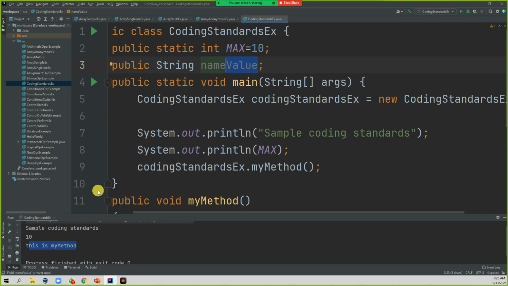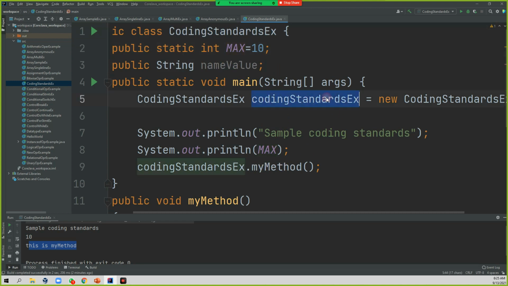If you use a variable, the first letter is small, and the beginning letter of the next coming words is caps. Whatever convention you are using for methods, the same thing is followed for variables also. But class is different, variable name is different, and constants are going to be different.